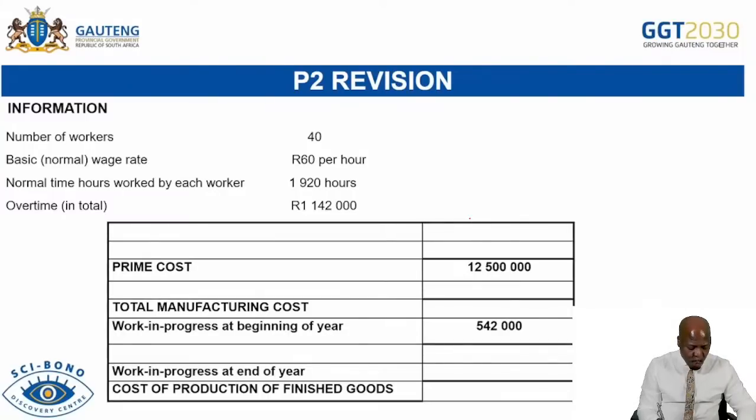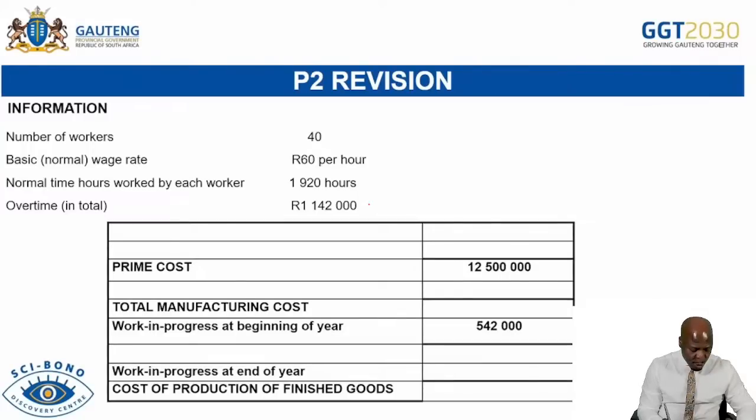And in this one, we are required to calculate our direct labor cost. So we're going to calculate our direct labor cost here. Very important that you know what to do. You're calculating your direct labor cost. So we are told here that we have 40 workers and the normal wage is 60 Rand per hour and normal overtime it's 1,920 and the total in overtime hours is total in rands